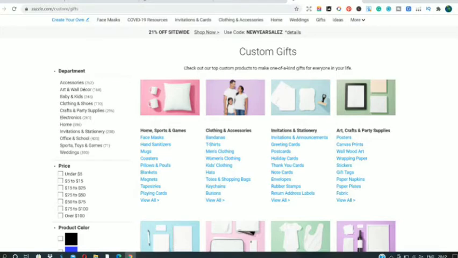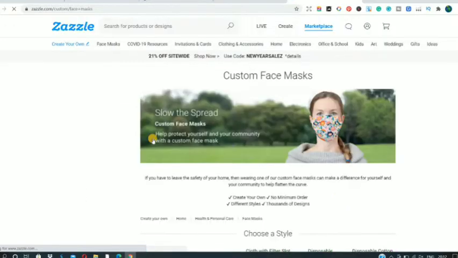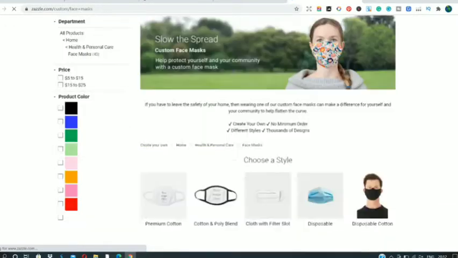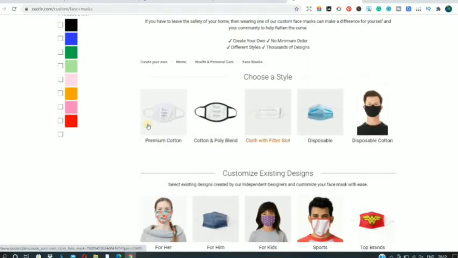Like if you are uploading one particular design on only one product, and then optimizing all the aspects of that product and uploading it into your store, or if you want to upload only one product, then obviously this option is probably for you. Like if I just want to upload a face mask, I'm just going to click over to the face mask, and I can upload my designs onto the face mask, optimize it, and sell it in my shop, guys.